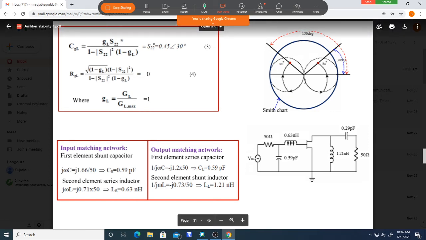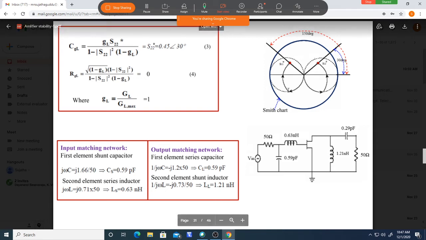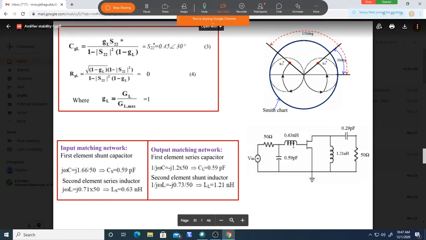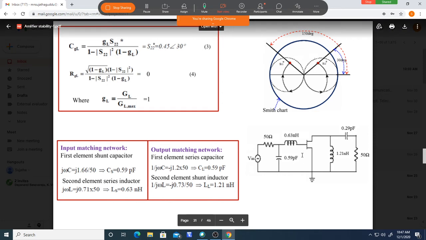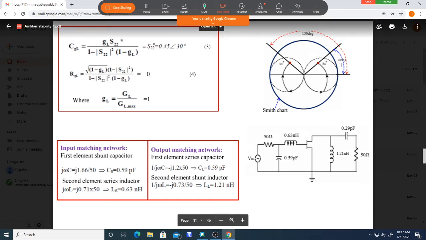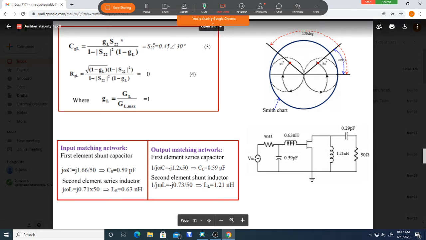Okay, so for the impedance matching network, this is the impedance we needed here. Starting from 50 ohm, you add a capacitor by moving along the G equal to 1 circle. Next from here you move on the resistance circle, which adds an inductor in series. Now you are at this position, which means the input impedance is this value. Similarly you can do it for the other side. Looking towards this direction, ZL must be equal to this value to get the maximum gain.